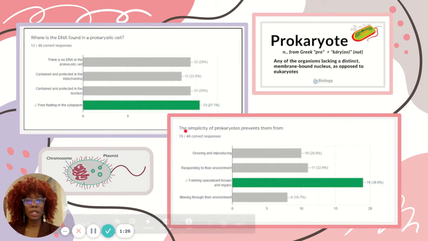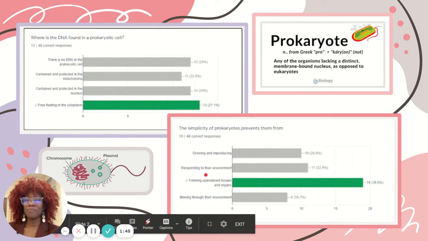Another question that I noticed was a little bit misconstrued was that the simplicity of prokaryotes prevents them from growing and reproducing. Bacteria can grow and reproduce. That's a characteristic of life. All living things must grow. All living things must reproduce. Responding to their environment,